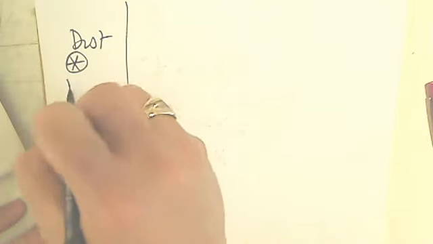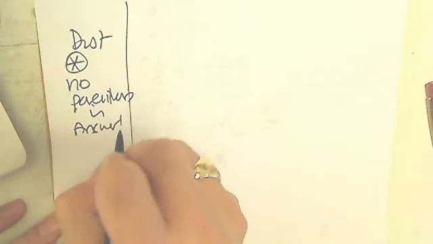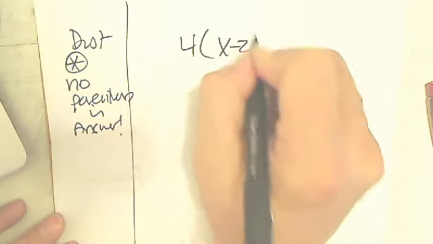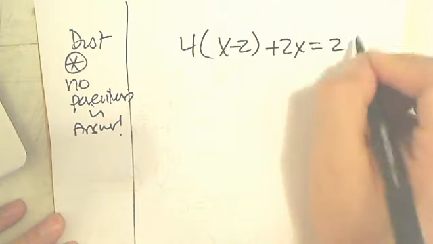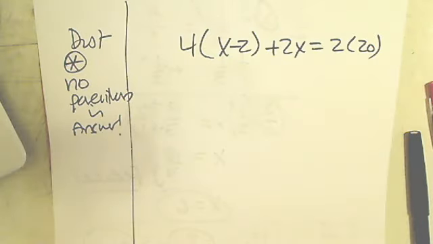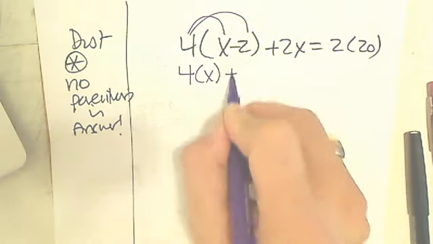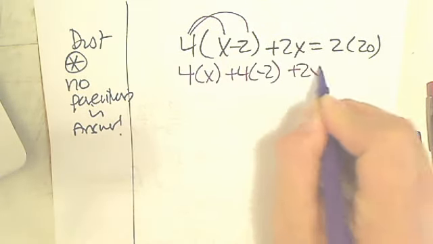Distribution, parentheses. No parentheses in your answer. 4 parentheses x minus 2 plus 2x equals 2 times 20. Yes, it has a parentheses. How many times does the 4 get distributed? Only to the x and to the negative 2. That's it. So you have 4 times x plus 4 times negative 2 plus 2x equals